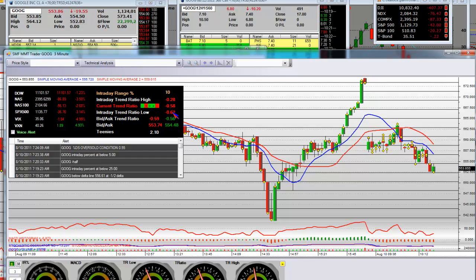You're at 0.58, and it's made several intraday trend ratio, SMF trend ratio lows in the market maker application. And because of it, and the way that we traded the options on the opening bell, and the way that we made markets and showed you how to do the bid and ask and work that tape, as this tape over here is working,